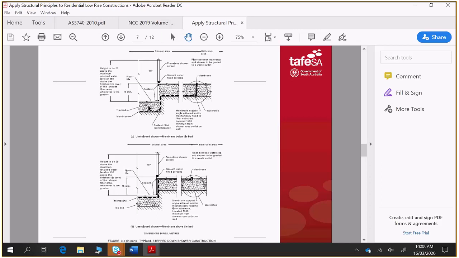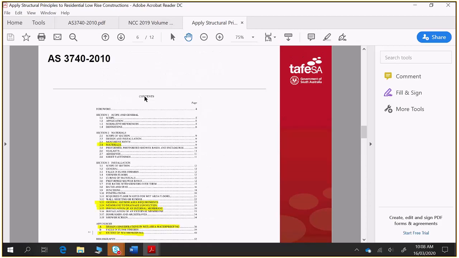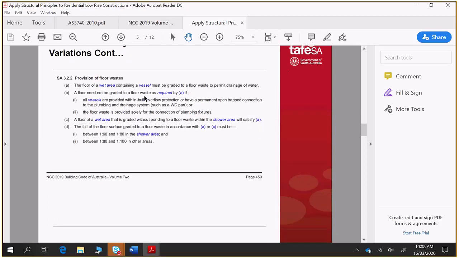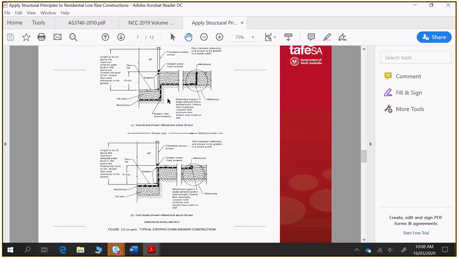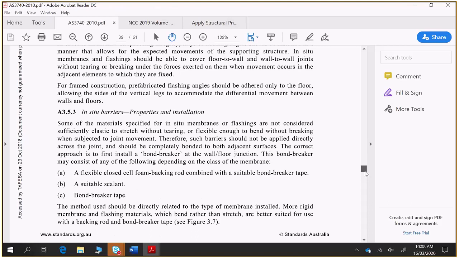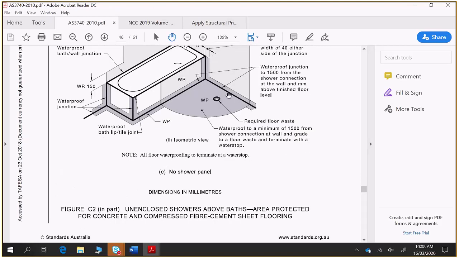From what I understand, this is typically what's done in South Australia, whereas this is typically what's done in New South Wales and Victoria. But those practices developed differently because of different building products available, and things change a little over time. Anyhow, the point I wanted to make with showing these is that if we go back to AS3740, where it said 1500 radius from the shower rose, when we have a look